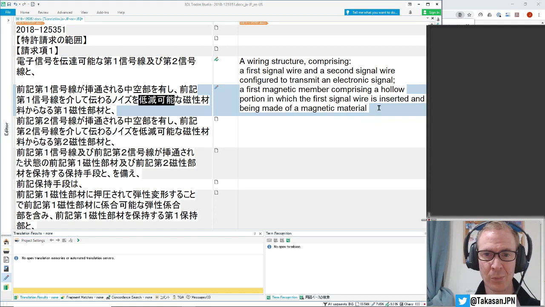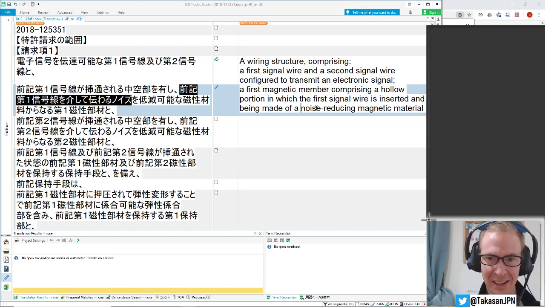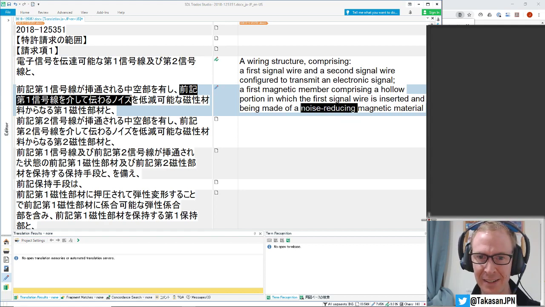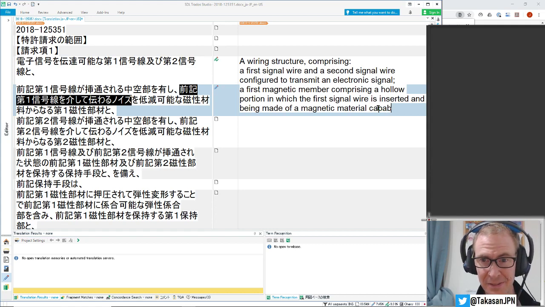So what do we do? Material. What I would love to do would be to make it into an adjective, a noise reducing material. But if we do that, then we can see how this noise actually has a description all the way back here. So it becomes hard to add this information. It would be really stupid. We could make this adjective like hyphen, a really long adjective. We don't want to do that. So we might have to put it at the end and just say capable of. A material that is capable of, that can reduce, capable of reducing